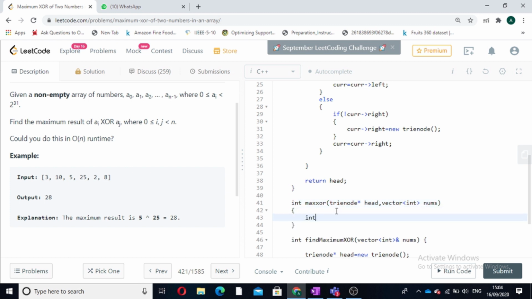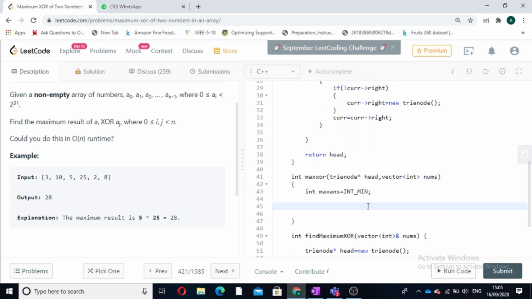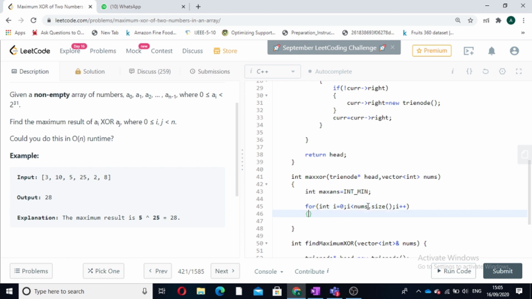Now in this we will declare a variable called max answer, which will store the max possible answer, and we will initialize it with INT_MIN. I have told you that we have to find the maximum XOR with respect to each element. Now we will iterate through our array, and for every number we will take a node, TrieNode star current, which will always be initialized with head.